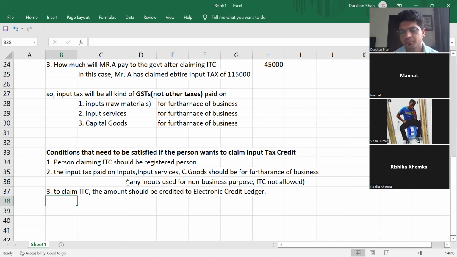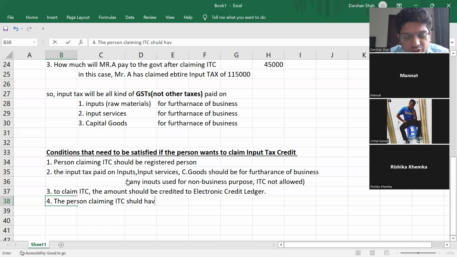Okay. So you will have to show this as a proof that whatever input tax I have paid, that amount I am showing in my electronic credit ledger, and then only I'll be able to claim the input tax credit. Number 4, another proof that you have to give is the person claiming ITC